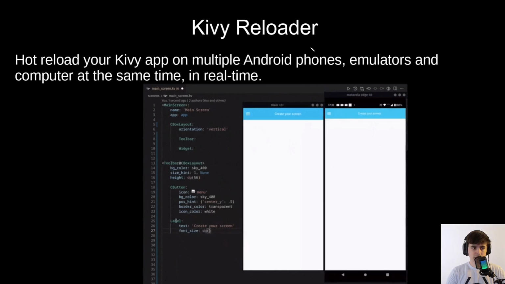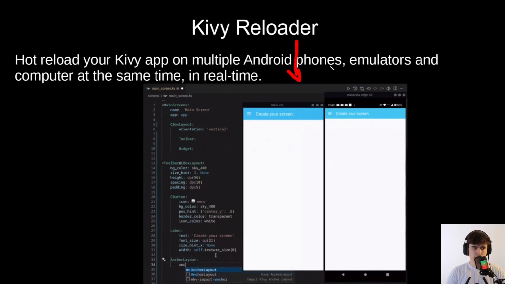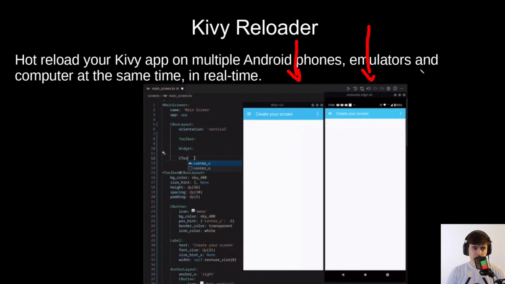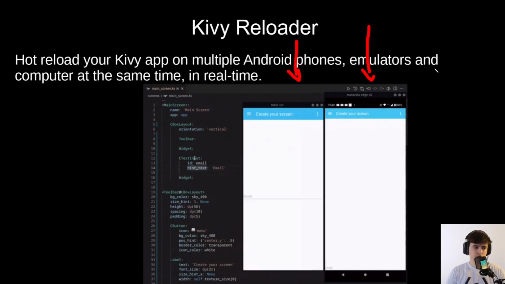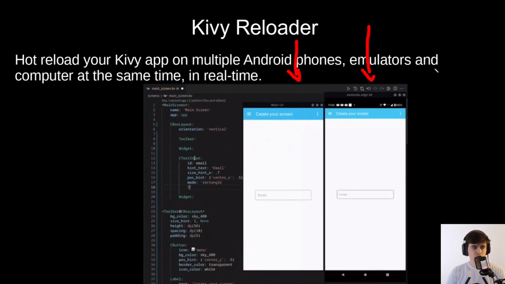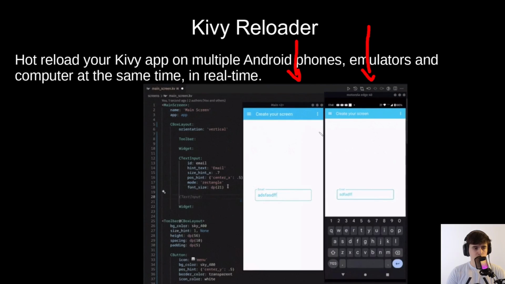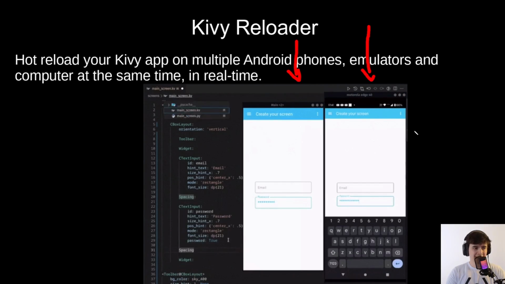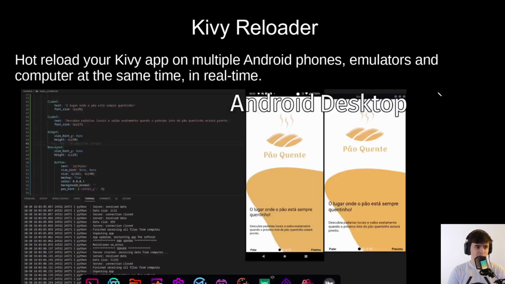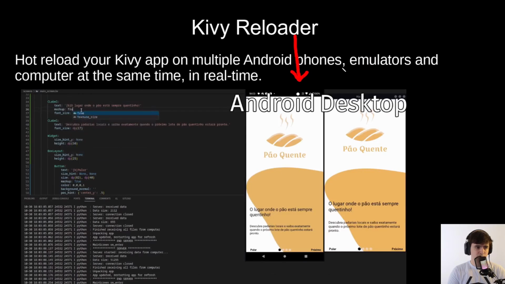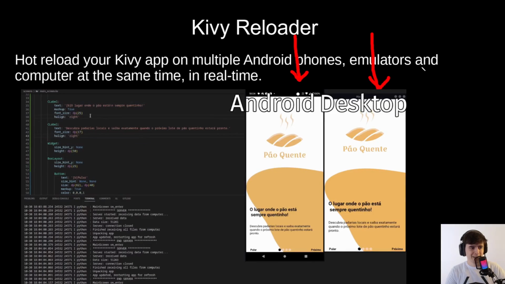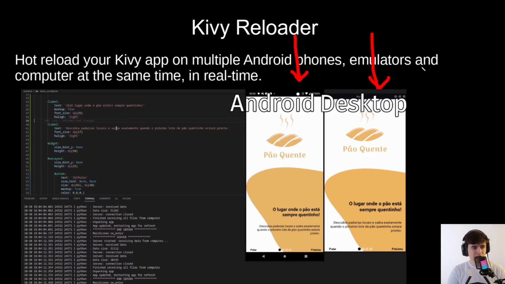In this video, you can see that on the left, we have the Kiwi app on the computer, and on the right, we have the Kiwi app on the Android phone. Every time I press Ctrl S, it's reloaded on the computer and also on the phone at the same time. On the left in this example we have the Android phone, and on the right we have the desktop app. So it's running both on the computer and on the phone, and then we can simply adjust things